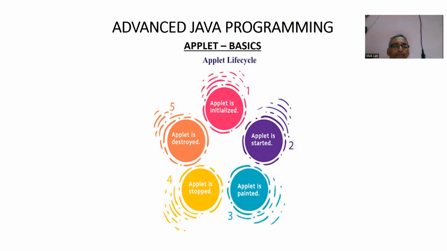First, init method. This method is intended for whatever initialization is needed for our applet. It is called after the param tags inside the applet tag have been processed. Next, start method. This method is automatically called after the browser calls the init method. It is also called whenever the user returns to the page containing the applet after having gone off to other